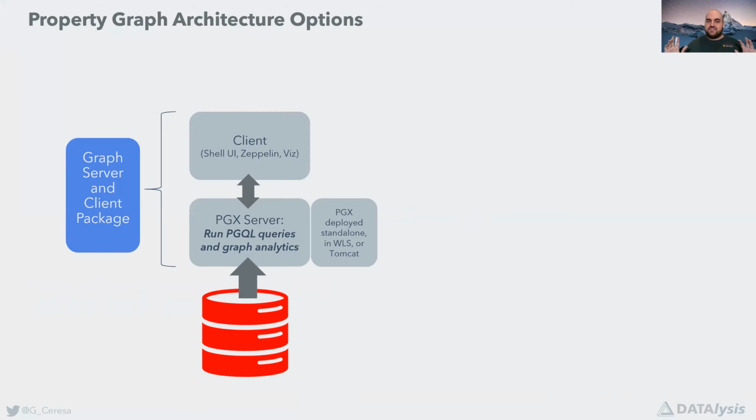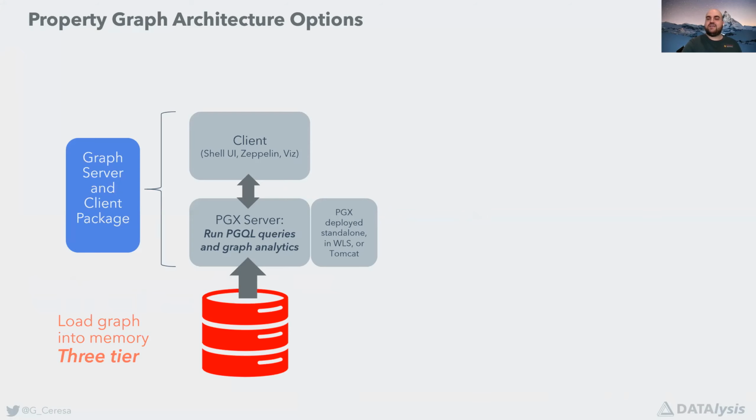So first of all, just from an architecture point of view, when we use the graph, there is the 3-tier approach, which is the Oracle database, a storage layer. On top of it, we have PGX running as a server. It's fully in memory. It gives me the power of a graph engine. And then there is the client. So it's 3 layers: the client, the PGX server, and the database. This is one